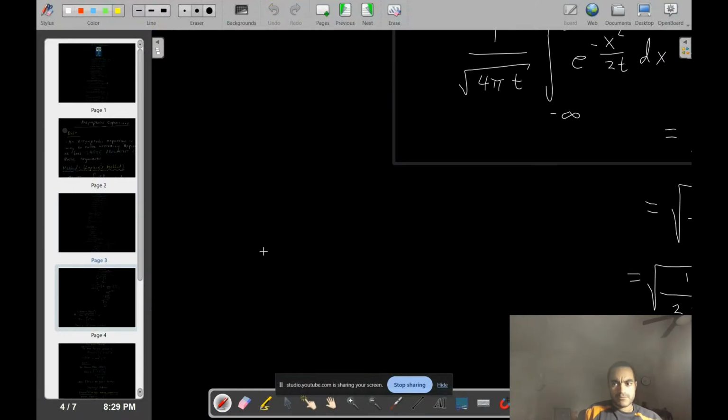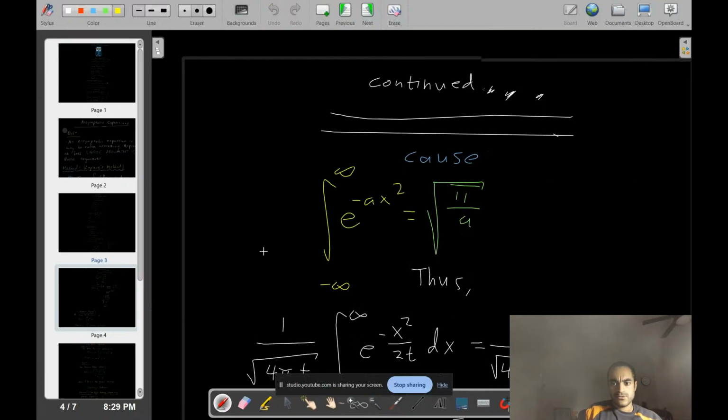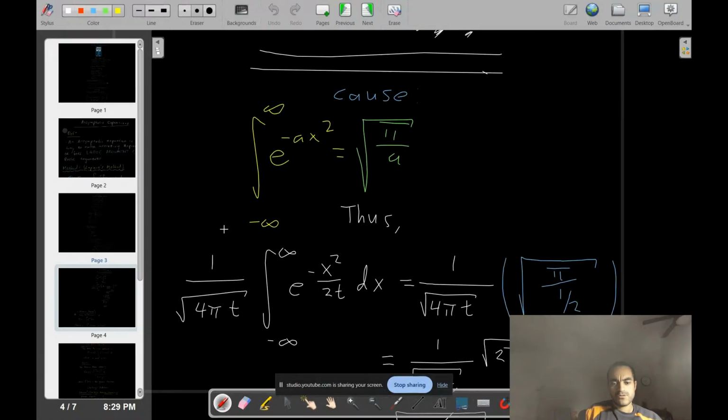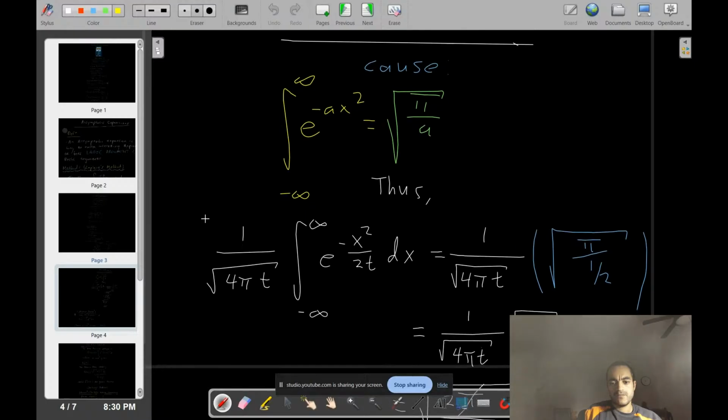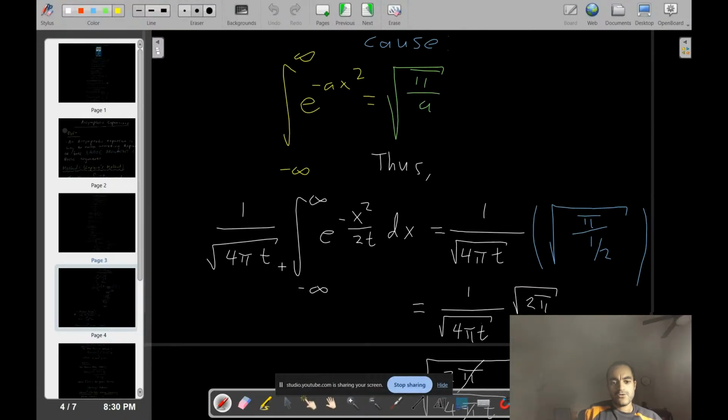On the next page, a continuation, as I said, I'm just using the definition of the Gaussian integral: e to the whole power of negative a x squared integrates to root pi over a. In this case, we still have our constant in front, 1 over square root 4 pi t, times the improper integral of e to the negative x squared over 2t dx. This should be equal to 1 all over root 4 pi t times root pi over a half, where